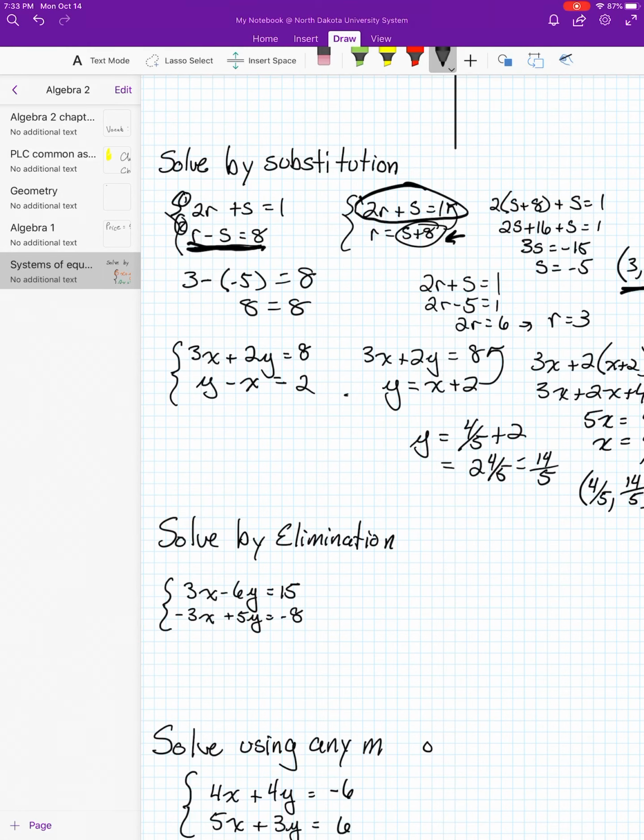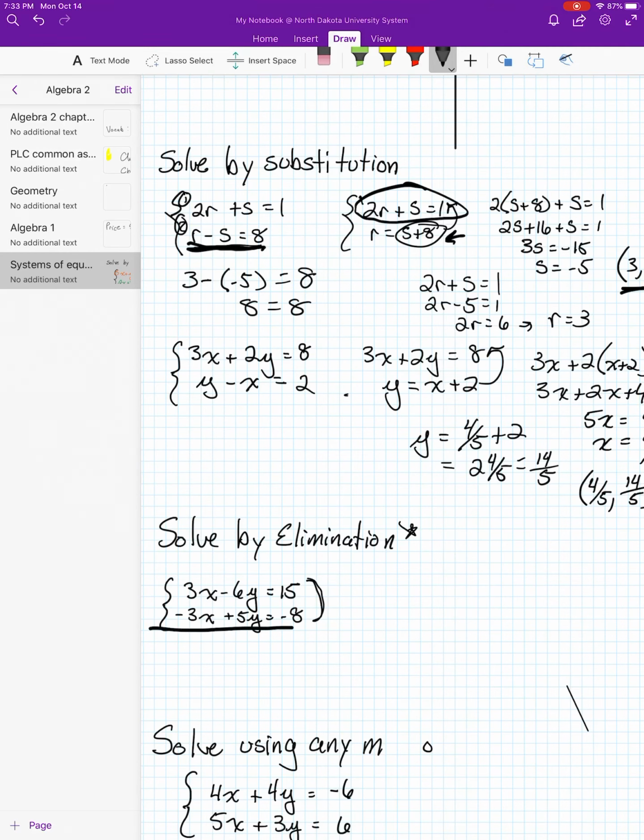Up here we just write one in terms of the other and substitute. Down here for elimination, we're going to actually add these two equations algebraically